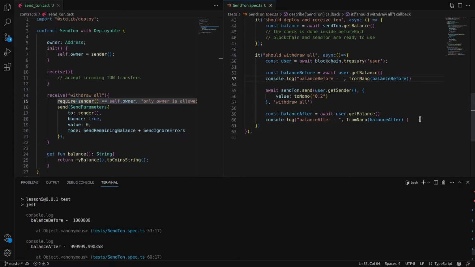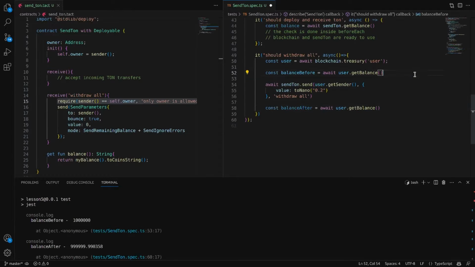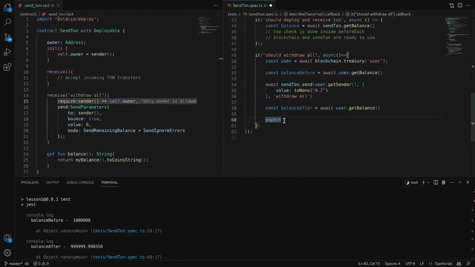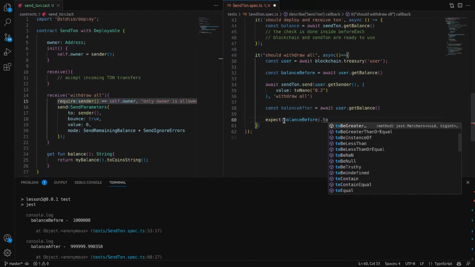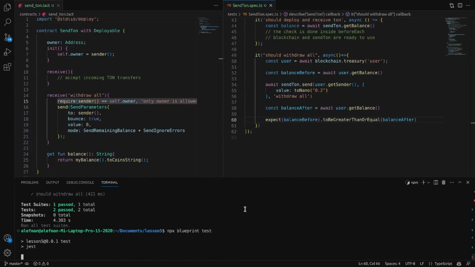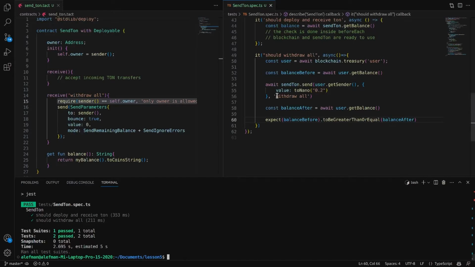Let's remove these console logs to clean our test. And we will add a check here that our before balance will be greater than or equal to the after balance. Let's check that this works. Great. And now, in a sense, we will do the same logic, but for the balance of the deployer or owner